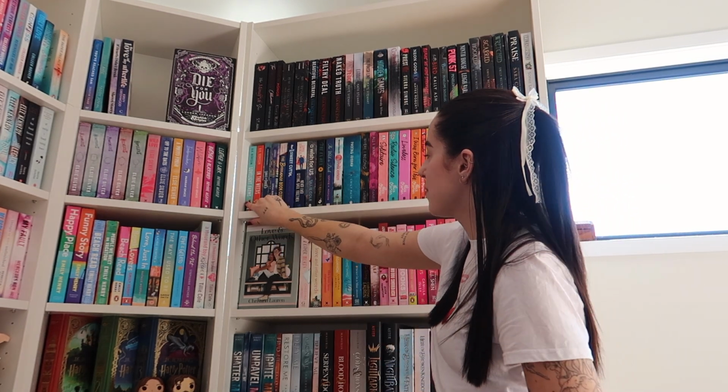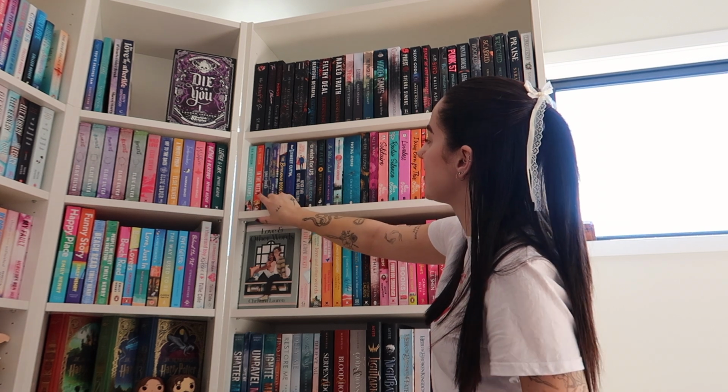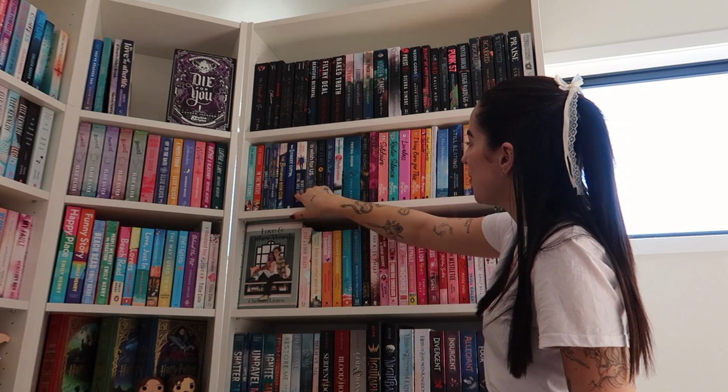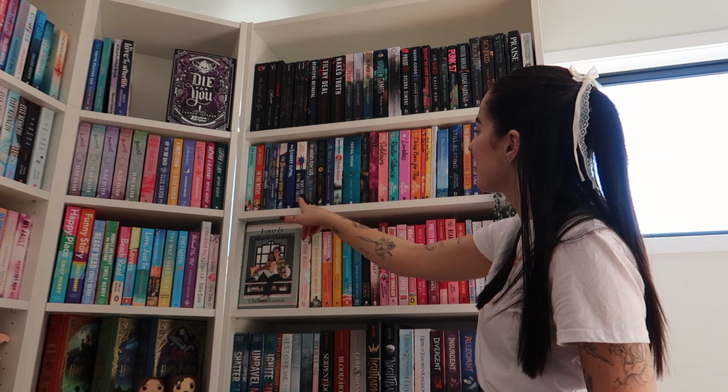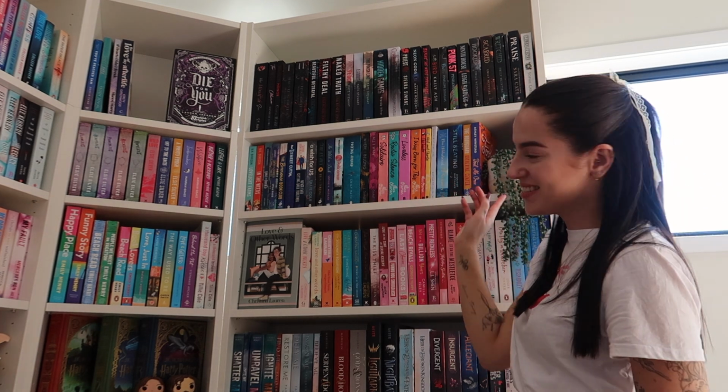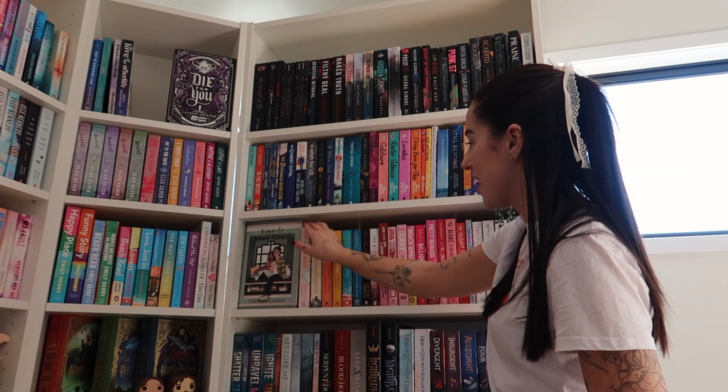I have some books from BK Borison, so I've got Love Light Farms and In the Weeds, the Rebel Blues Ranch series by Lila Sage, some more like little random standalone romances. I have my Alice Oseman novels, some more random romances, and then on this last romance shelf I have this